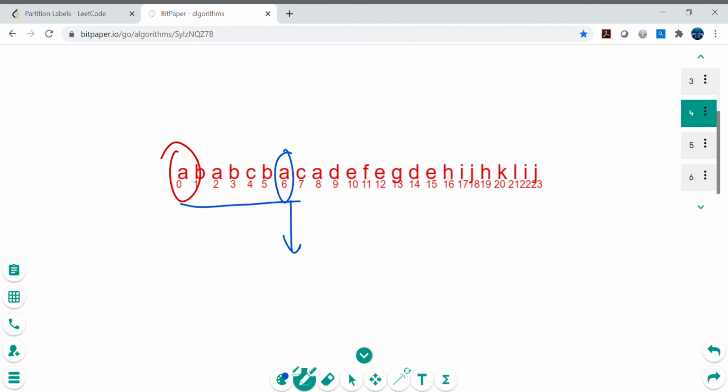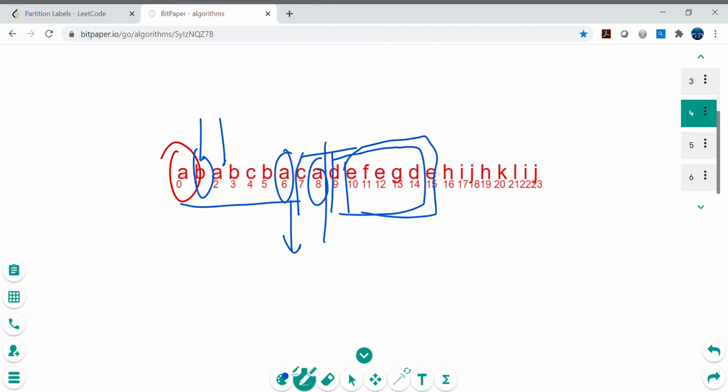Once we are able to find the maximum index, then we can have another scan in the for loop, and check whether any other character exists that has a further index. If it is not, then it's fine. If it is there, then we will be increasing that partition. So for example, not C but from D, right? So from D it was this partition, and then we find another character having a maximum index greater than D, then we increase our partition boundary by one character.